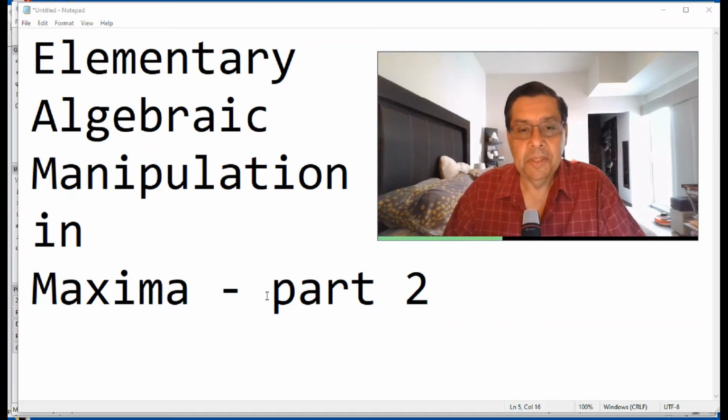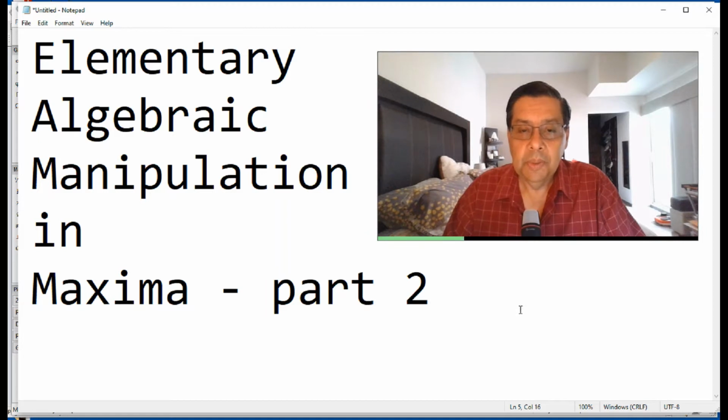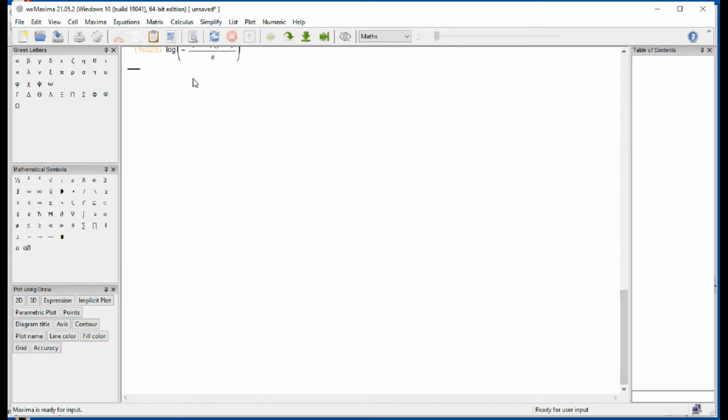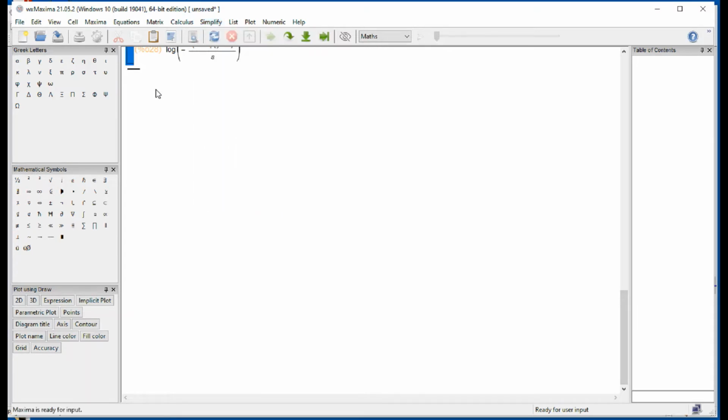In the present video, we continue with showing you algebraic manipulation. Part 2 refers to the second set of commands in the Simplify menu, and then you have factorials and gamma. This has to do with the gamma function. And so the gamma function